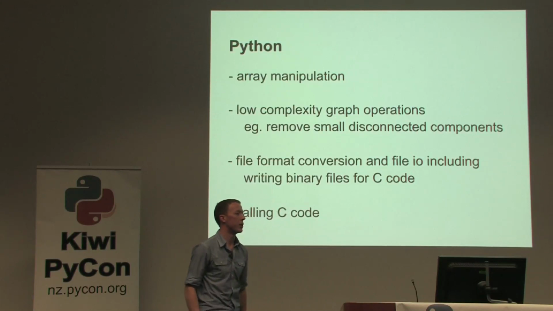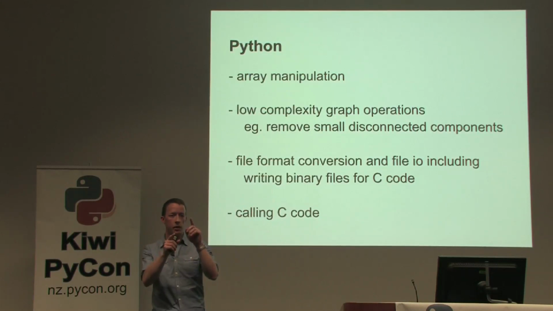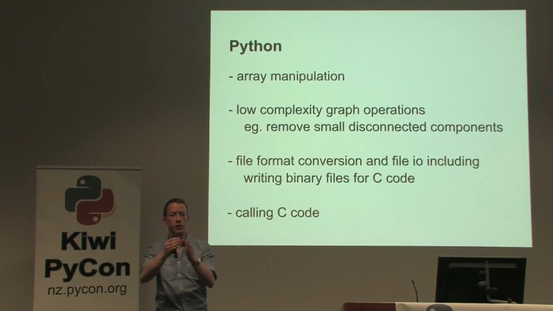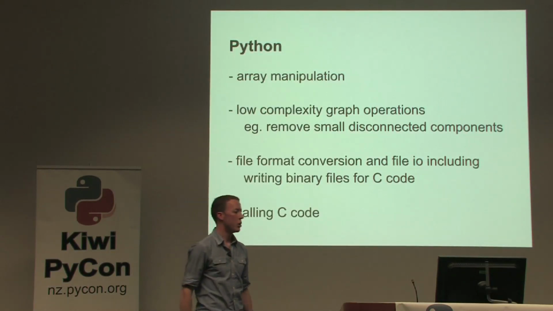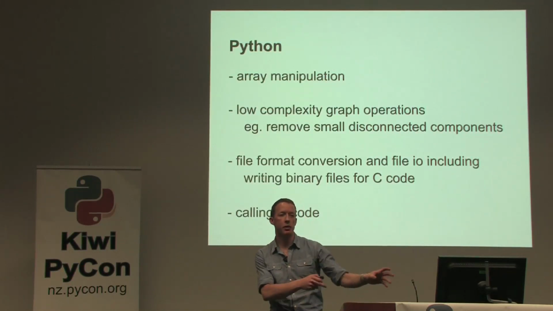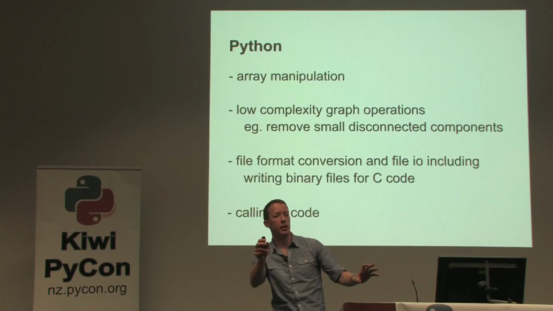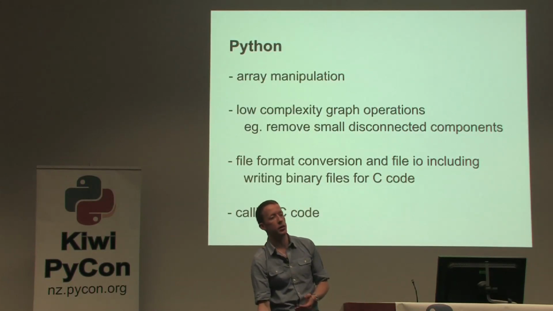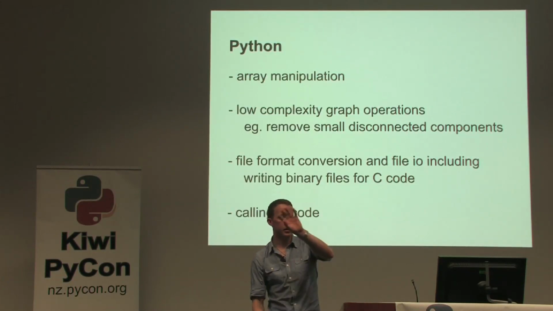So in Python, a lot of the stuff I'm doing with graphs, you've got a node and a node it's connected to. So you've got long lists of simple data, just columns of numbers, basically. So I've been using Python for manipulating these columns of numbers, for doing things like taking out the little parts of the graph that are only connected to each other and aren't connected back into the main blob. I only want to work with the main blob. Those other little groups are going to screw up my algorithms. So I need to scan through that entire array and remove numbers if they're not connected to any other numbers.